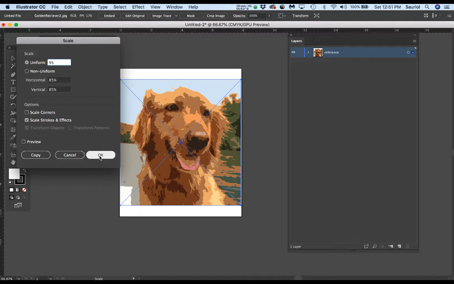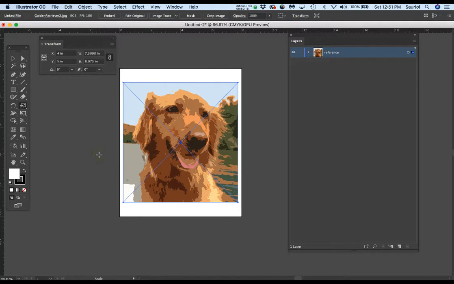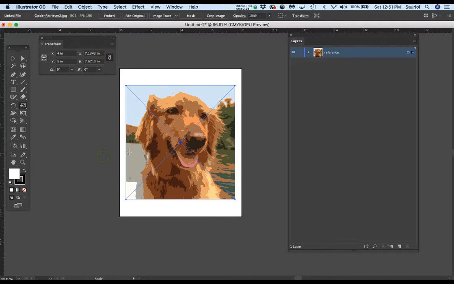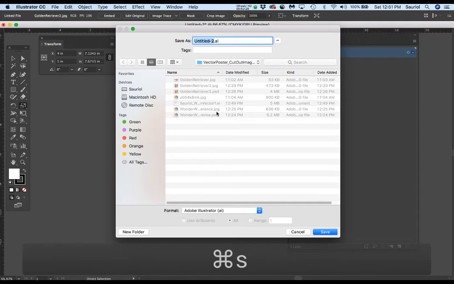Illustrator thinks it's 100%, so I'm going to go 5% smaller. Do you see what I'm saying? So now I want to go 5 more percent, so I'll leave it at 95% and go here. There, I like it. It's good. Save the file. Let's go to